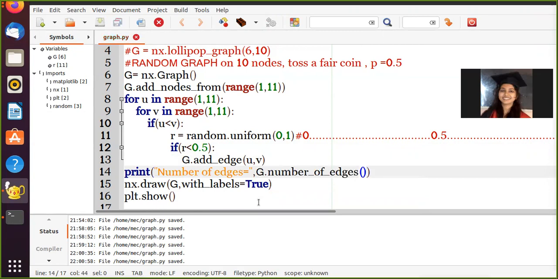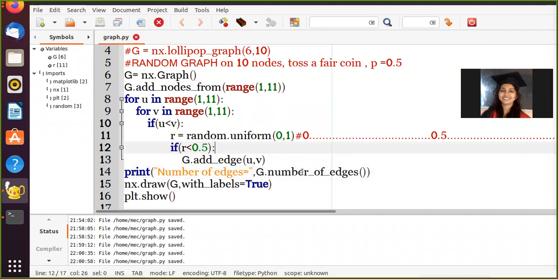Okay. So since there are 10 choose 2, how much is 10 choose 2? 10 into 9 by 2, which is 45. So out of 45 possible edges, there will be some.